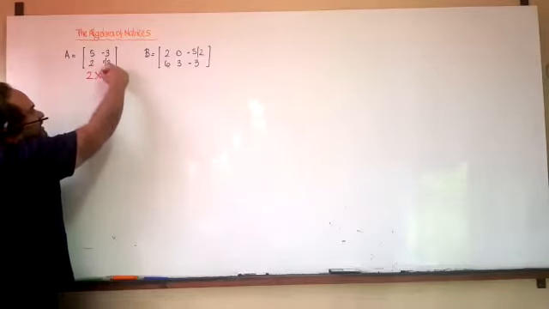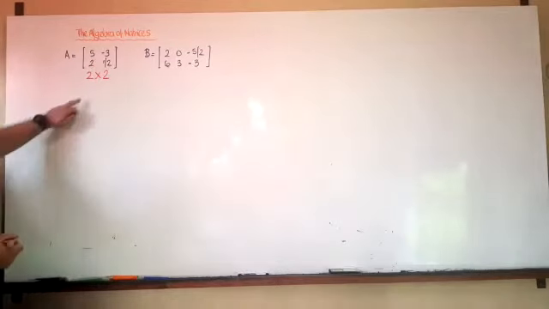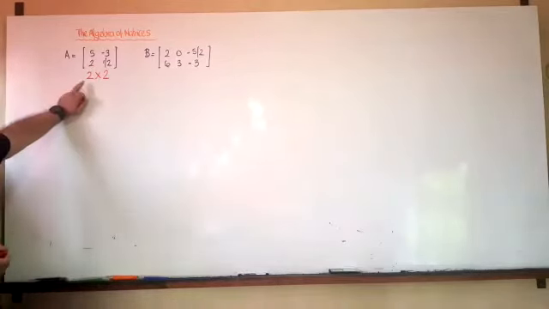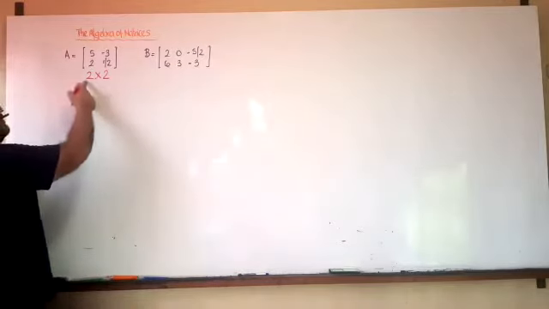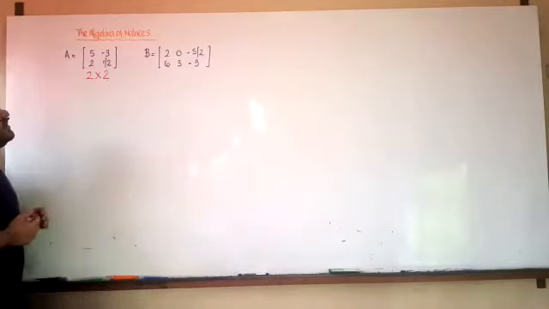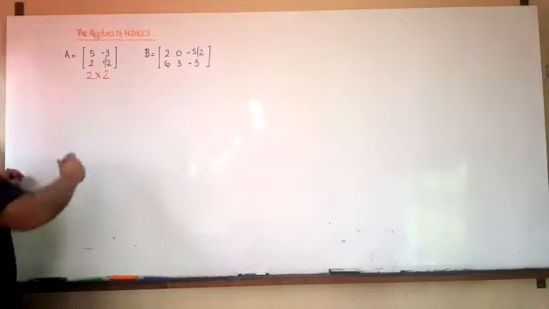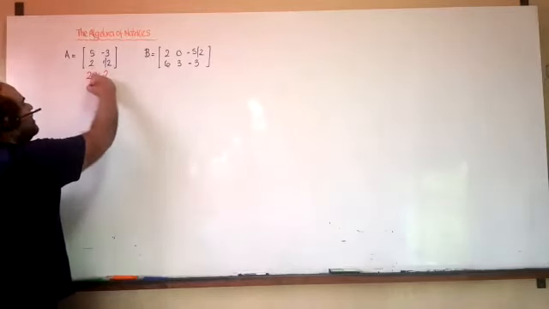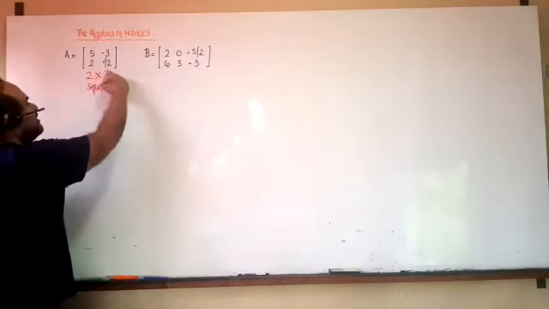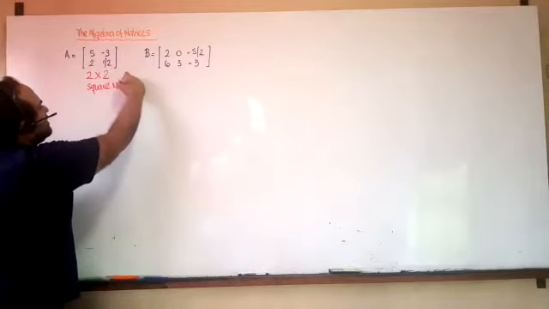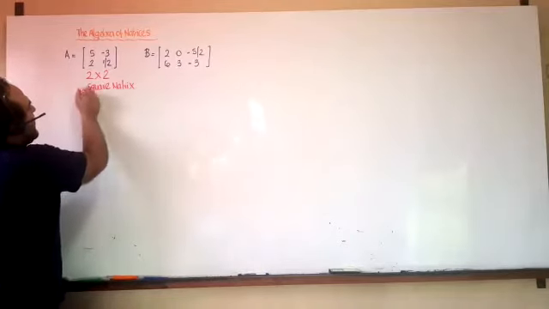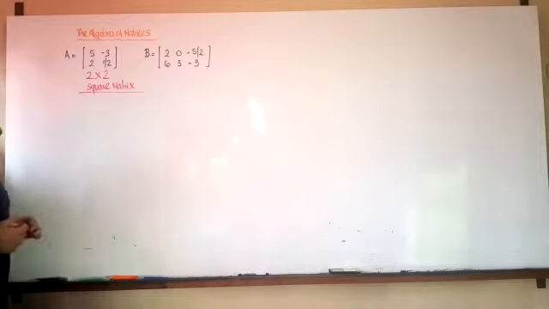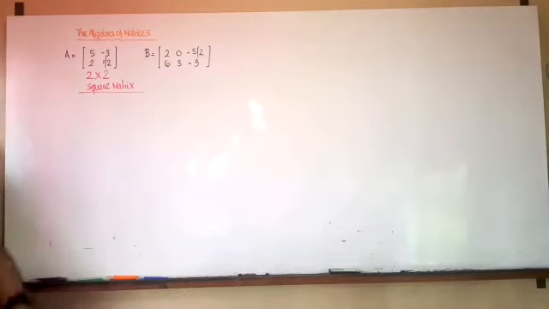But that doesn't mean I'm going to multiply this. That means we have 2 rows times 2 columns. In this situation, we can call this one a square matrix because it has the same dimension, the number of rows corresponding to the same number of columns. This is by one hand. By the other hand,